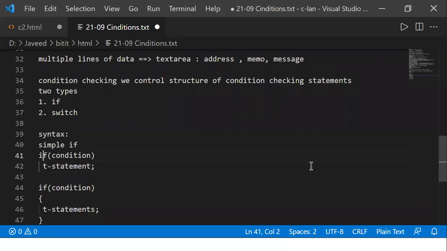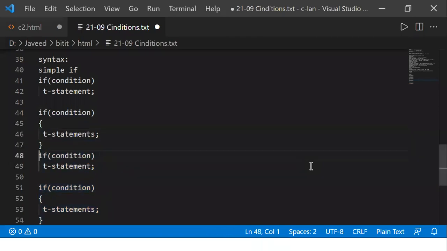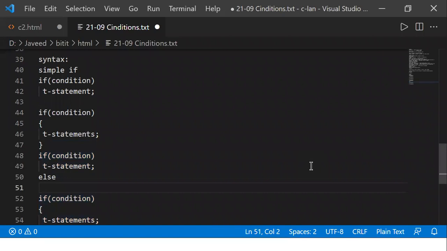Now, if I want the else part, that is, what to do when the condition is false, we write if, true statement, else, and then the false statement.